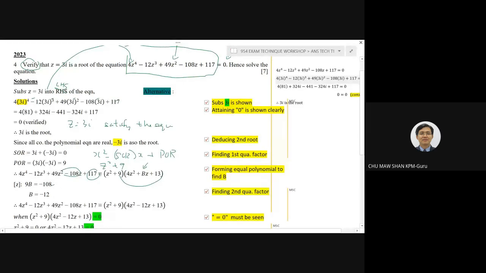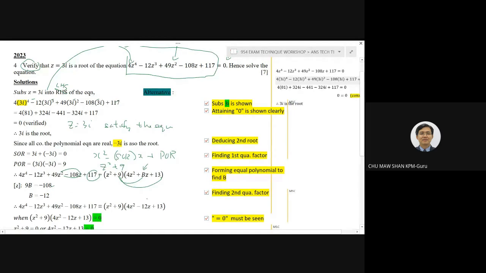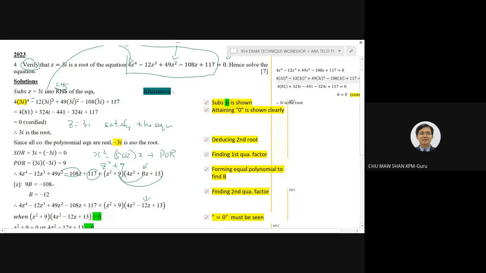So, in other words, the 9b, which they multiply, gives the z terms. So, 9b only we consider, 9b equals negative 108. So, here we obtain b is negative 12. Okay. Then we get our second quadratic factor. Not yet finished. Our purpose is to solve. We have to be very careful. Solve the equation